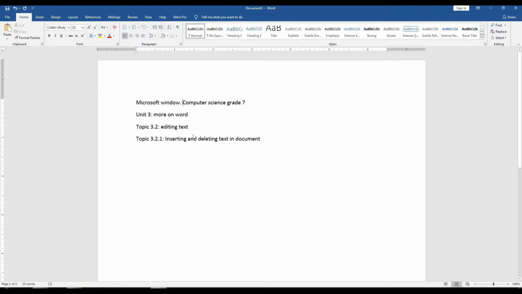Now to replace a sentence or paragraph with new one, you have to select the sentence or paragraph. Now I am going to select a sentence and start typing the new line, inserting a line in my text.